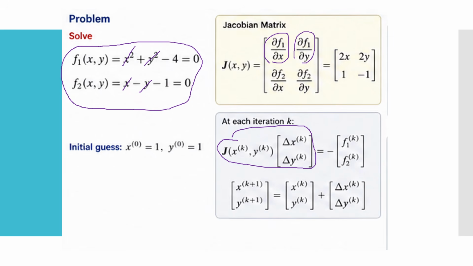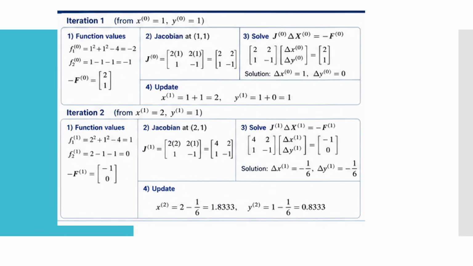So the next value of a variable is obtained by adding a correction value to the previously used initial guess, so that we can obtain the k plus 1 iteration by using this equation, by summing the previous value of a variable plus a correction factor. So if we take the initial value of both variables, x and y, as 1,